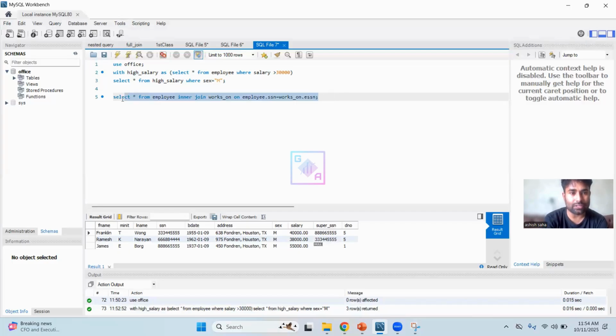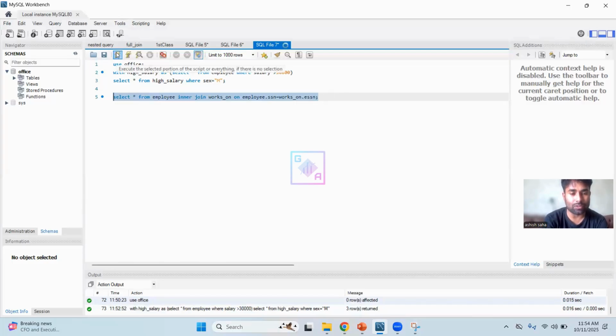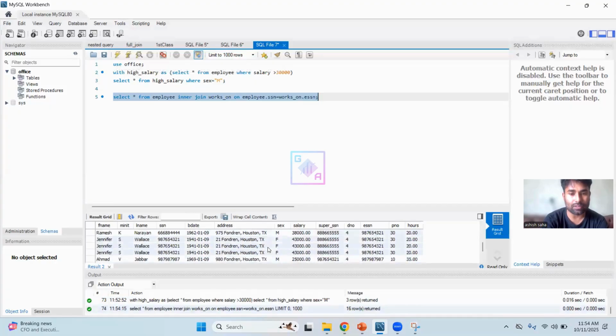If I execute this query, I'm getting my output of both